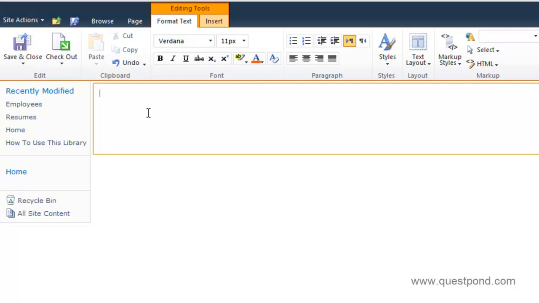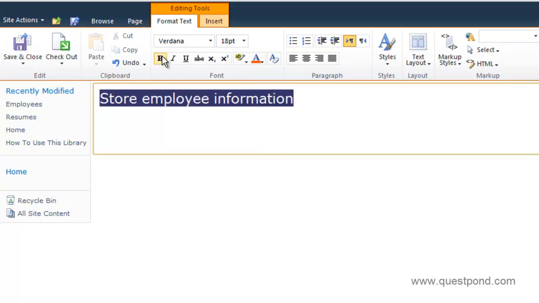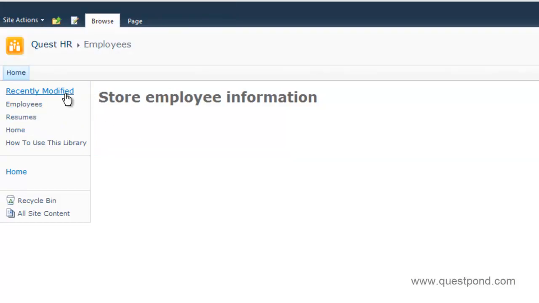So I'll say store employee information. Again let me put some nice fonts here, and again save and close. And this page should then get linked on my right.